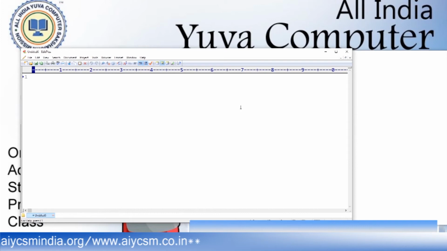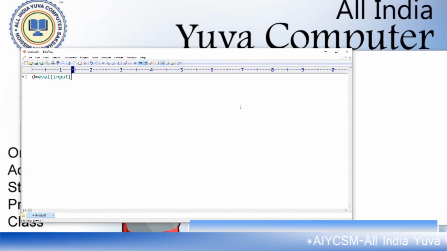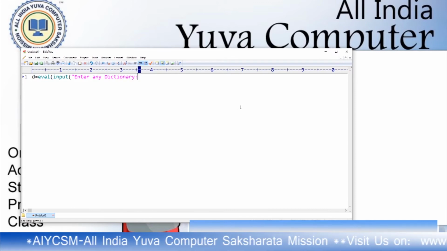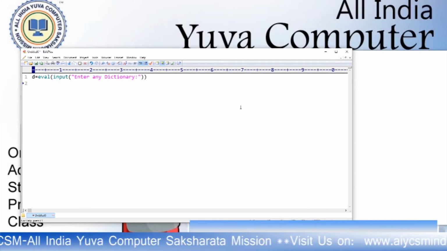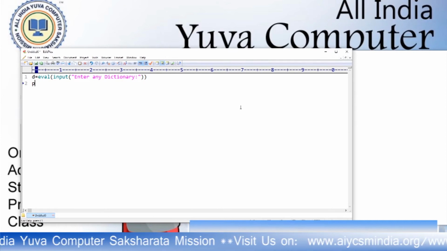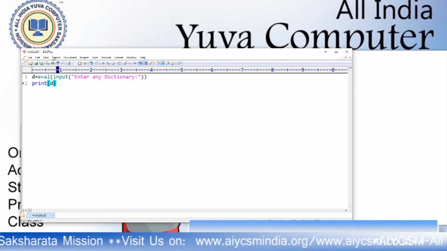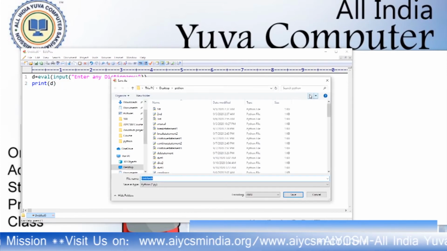If I want to create a dynamic dictionary, D equals to eval function, eval, and then input, enter any dictionary. Okay, enter any dictionary. We will close it and then print D.